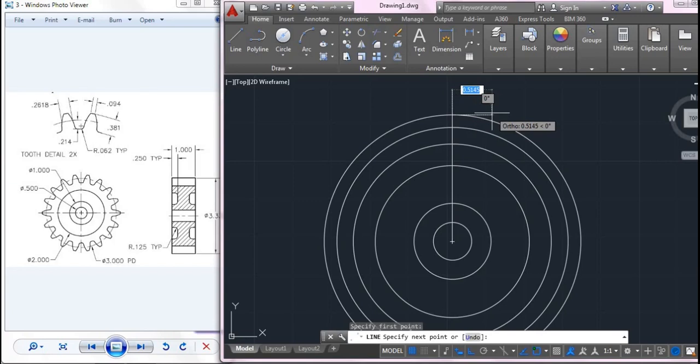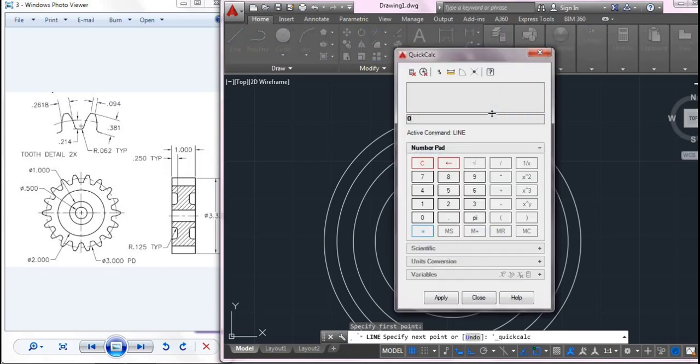So in order to calculate, you can go for the calculator, that is Control 8 is the shortcut key for the calculator. Control 8. So now you can see there is a quick calculator. Here I will be calculating my distance, that is 0.94 divided by 2.